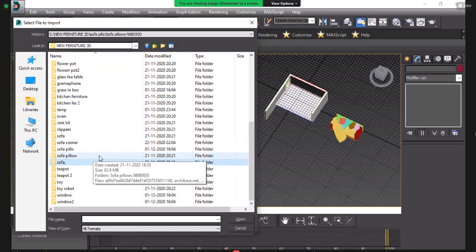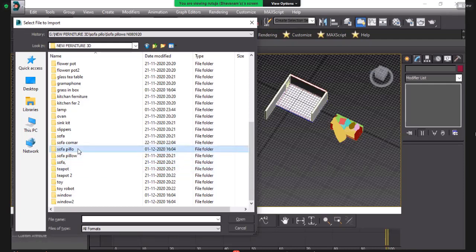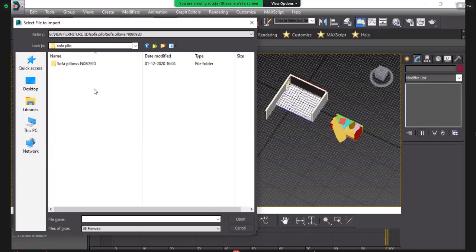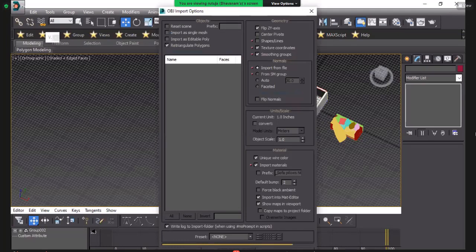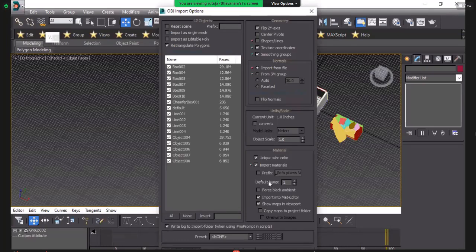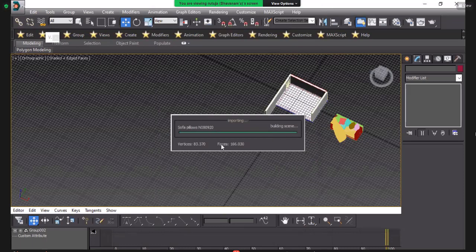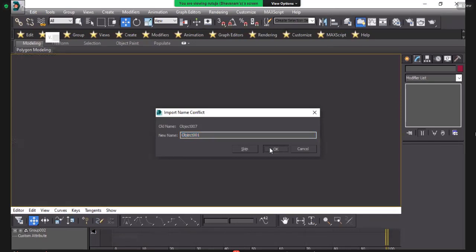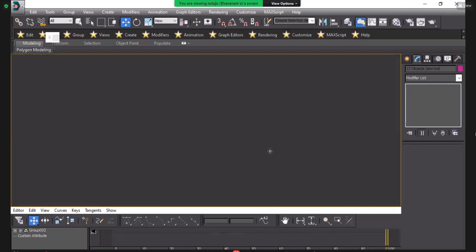So that's why it doesn't need it. And open. When the loading is complete, import the family. Sorry, import the object. Press OK till the end.